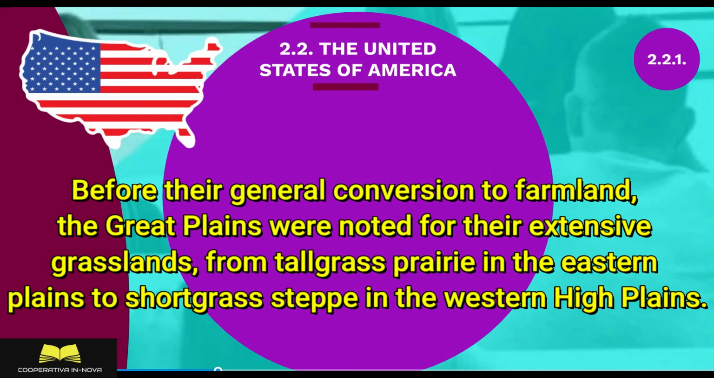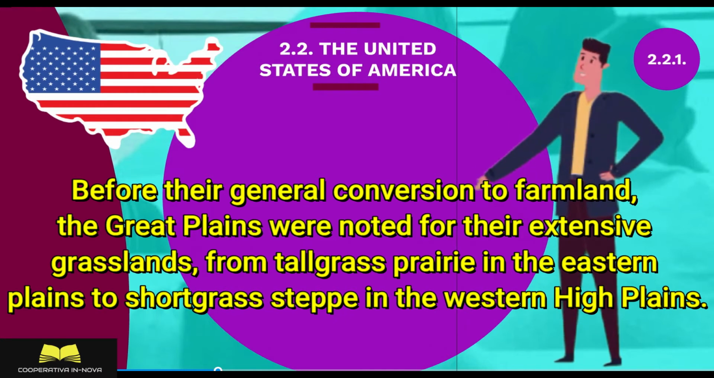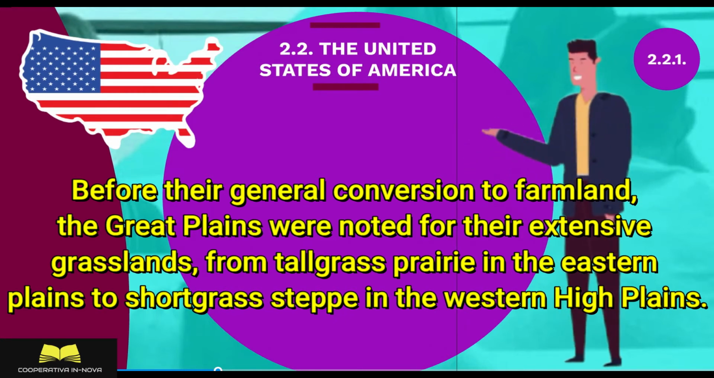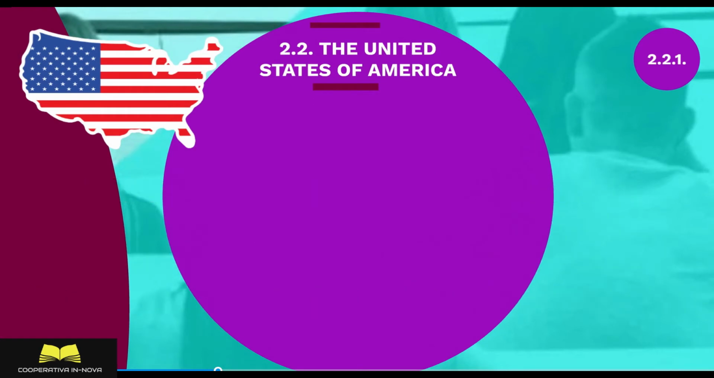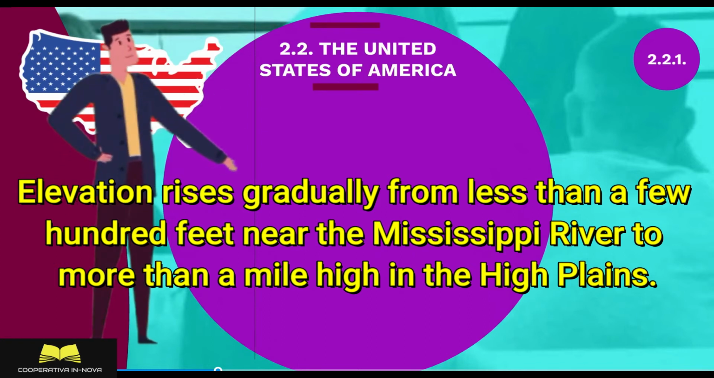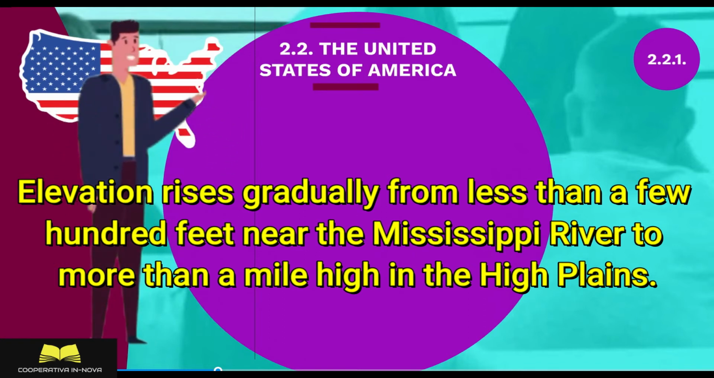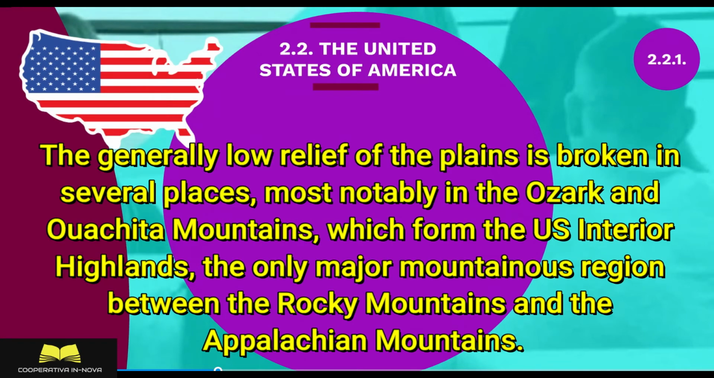Before their general conversion to farmland, the Great Plains were noted for their extensive grasslands, from tallgrass prairie in the eastern plains to shortgrass steppe in the western high plains. Elevation rises gradually from less than a few hundred feet near the Mississippi River to more than a mile high in the high plains. The generally low relief of the plains is broken in several places, most notably in the